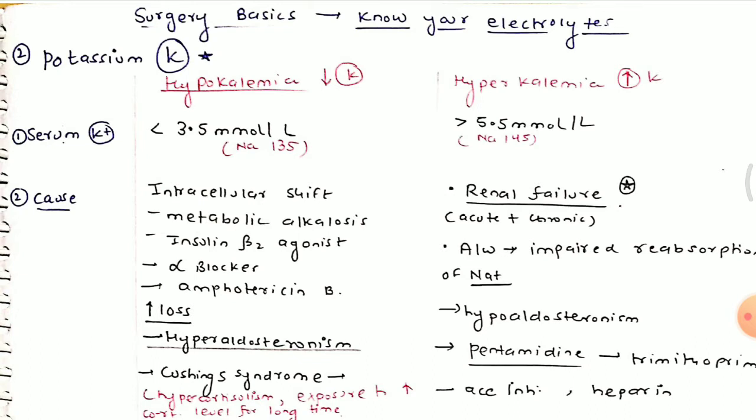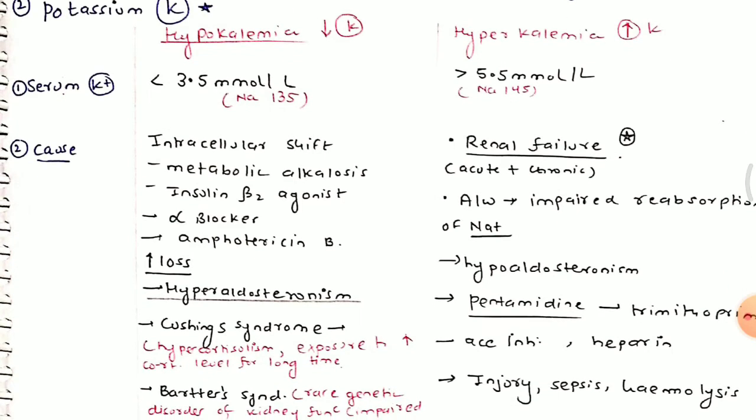Hypokalemia, first point is serum potassium levels in hypokalemia. Serum potassium level less than 3.5 millimole per liter, wherein in sodium it was 135 millimole per liter. Second is the cause of hypokalemia: intracellular shift, which leads to metabolic alkalosis, insulin, beta 2 receptor agonist, alpha blocker, amphotericin B, increased loss,